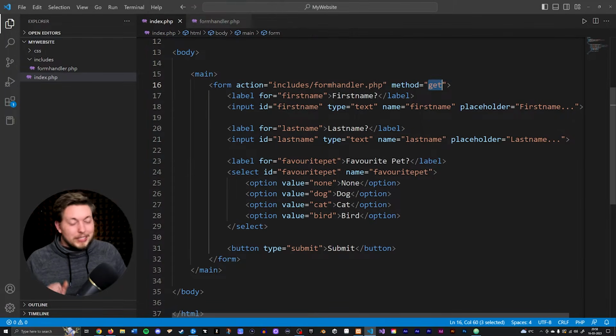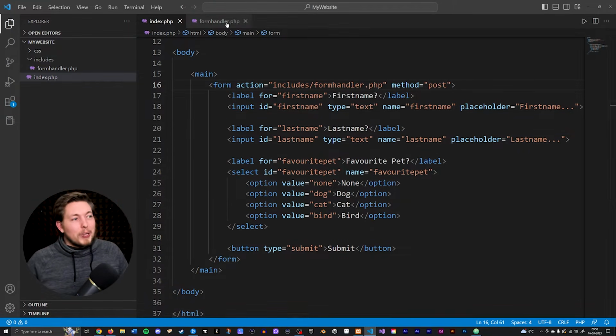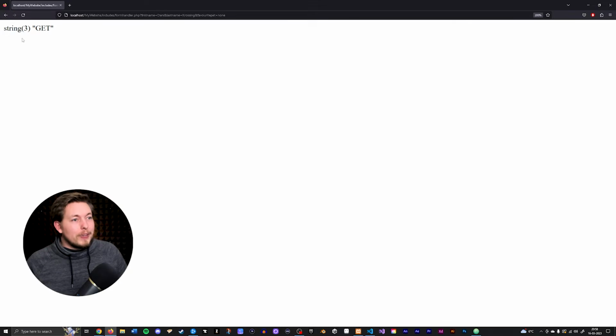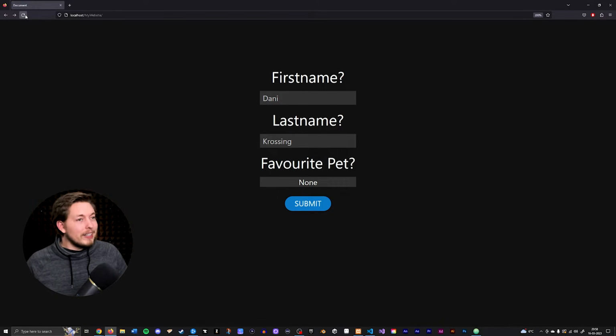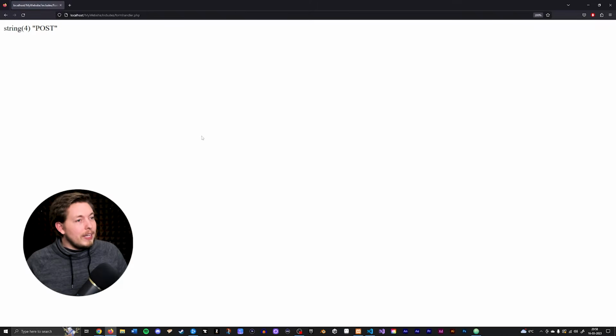Oh, I forgot to set this one back to post. So let's do that for a second inside the form. Go back inside the website, refresh it again, and we actually have to resubmit it. So we go back again, resubmit, and now we get post. So this basically tells us that we accessed this particular page using a post method,